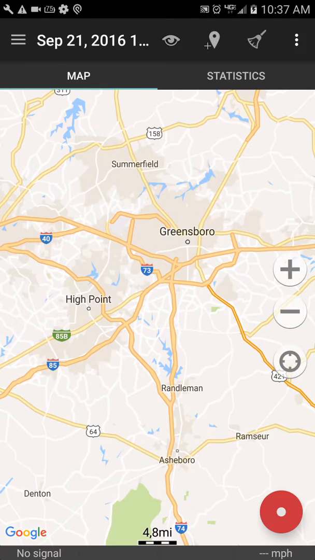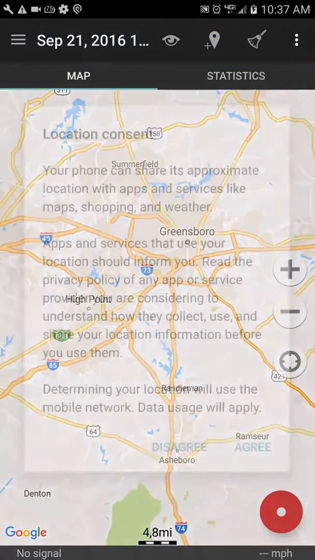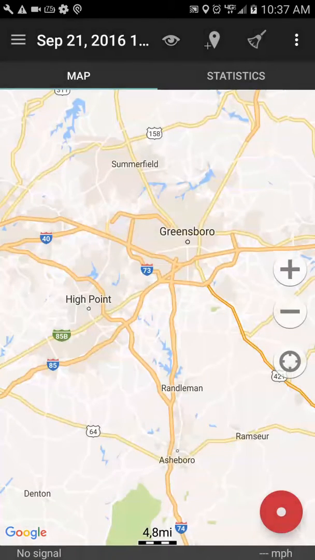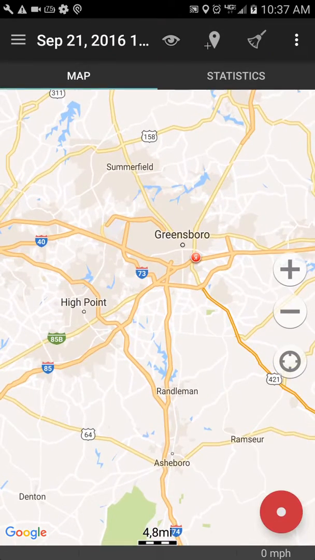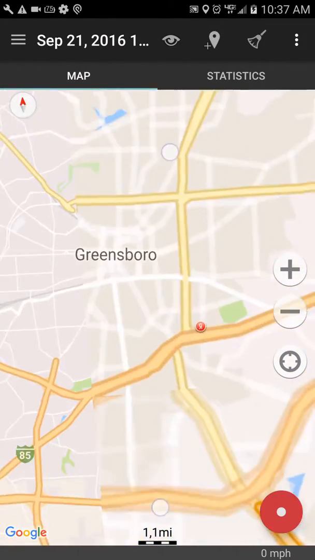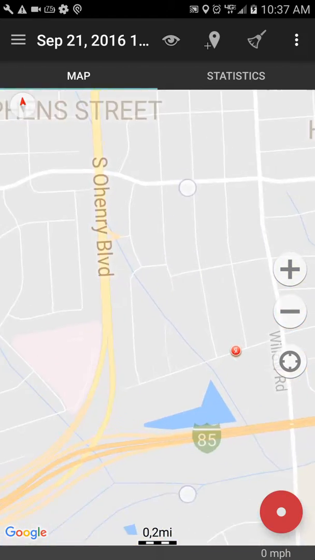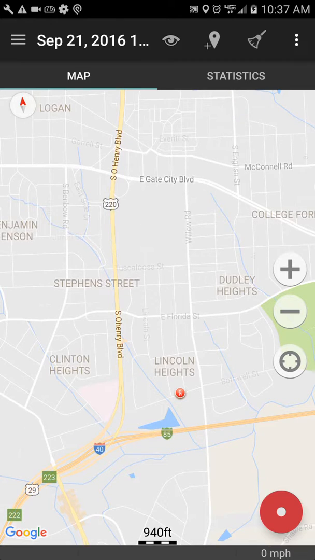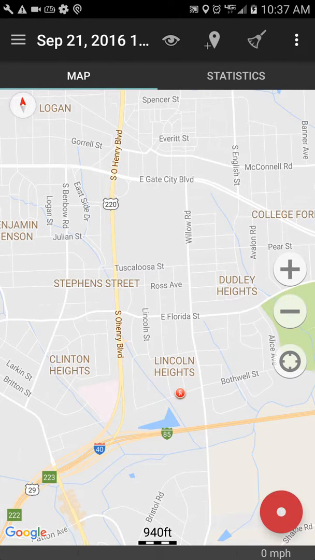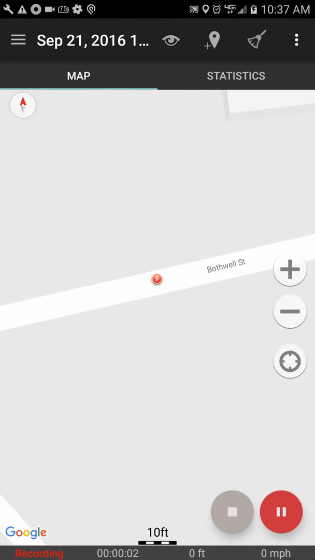It doesn't seem to be working. Let's see if I have my here. See, I need to turn on my GPS. That's why it wasn't working there for a moment. So there you'll see, if I click this button, that is actually the location of where I'm currently located right there. But how this works is I hit the record button in the bottom right, and it starts recording, and